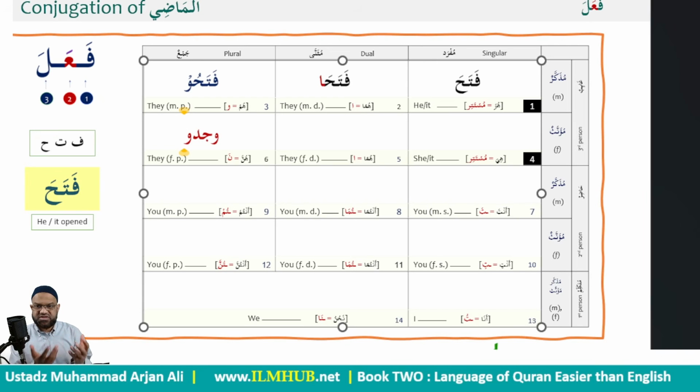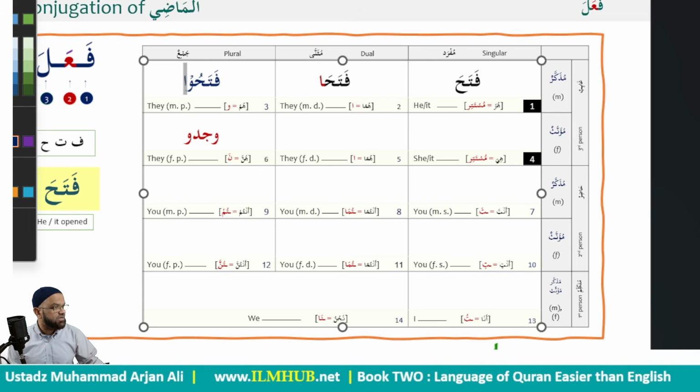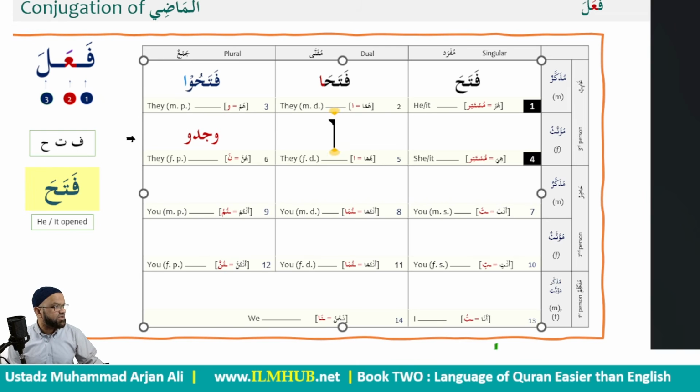So there'll be a space. Some people may confuse that with the wow of "and", so they will read it and misjudge it. For that reason, after this version, version number 3 of hum, there is an extra alif added. This alif has no value in terms of the doer. It is simply called the alif of protection, and it protects the wow from being confused with the wow of "and". So we have 2 additions there: the wow, which represents hum, and then an extra alif to protect that wow from being mistaken.